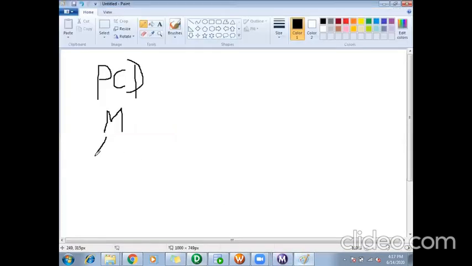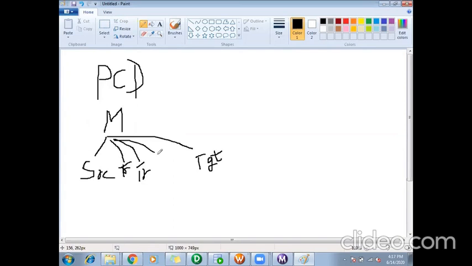Within the mapping, what all can we have? We can have a source, we can have a target, and we can have different transformations, as many as we want. And we can also have a mapplet. Again, within the mapplet, we'll have the mapplet input, then the mapplet output, and within that we can have as many transformations.